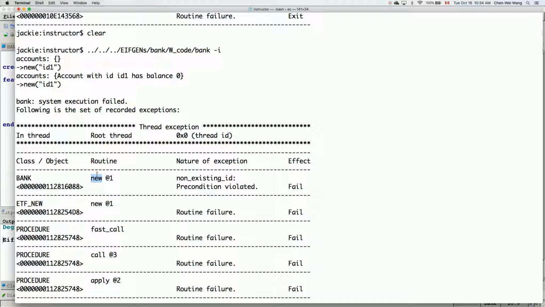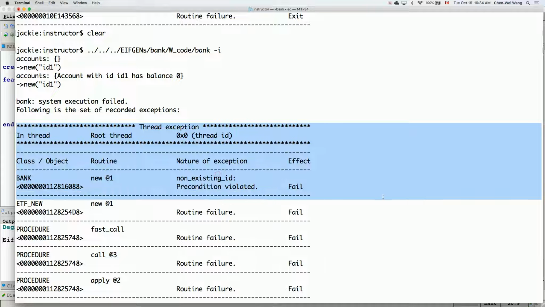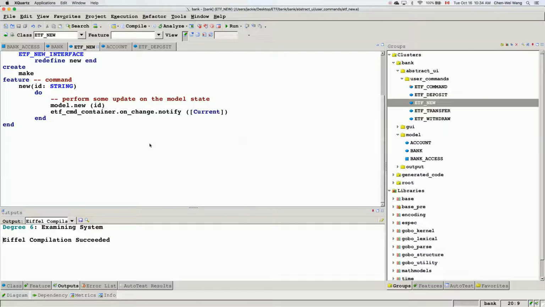Okay, that's a question. When this is put to you, it's already too late for you to pause at that point using breakpoints. I want to show you exactly how you can do it. Before I modify the command class ETF new, let's go back here. This is something you want to pick up as a debugging mechanism for the batch mode